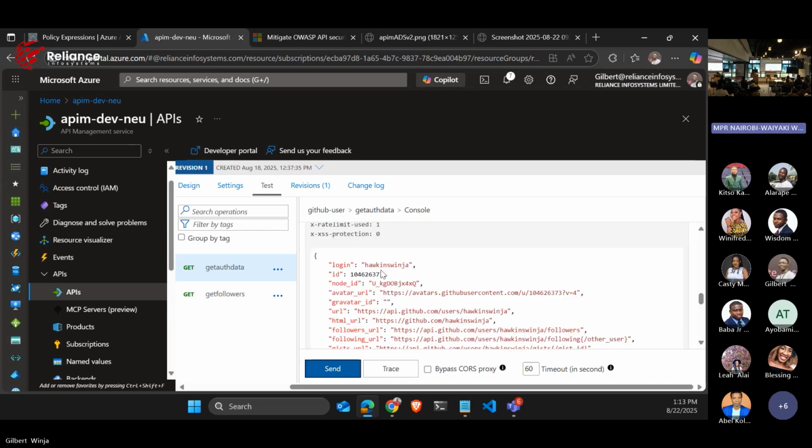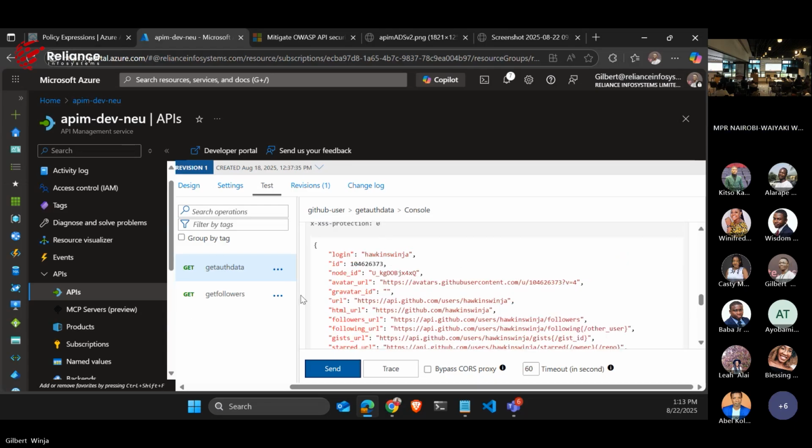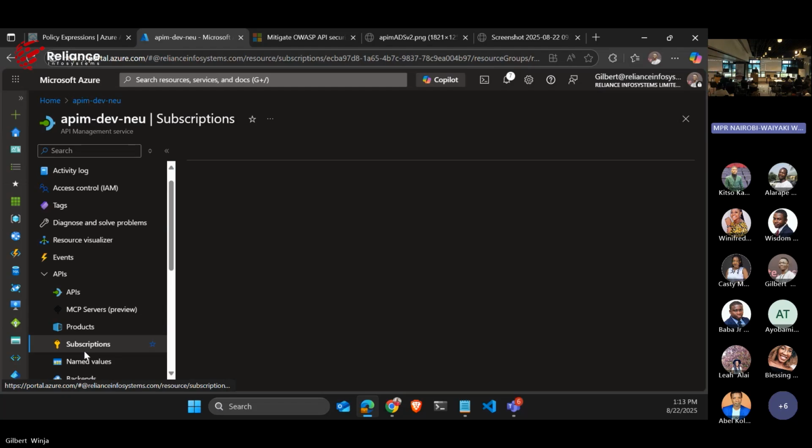So you're not passing any kind of headers with your actual request, you don't have to take care of getting the bearer token or access token. So APIM gets that for you. APIM now communicates with the identity provider, gets that, and then makes that request to your third-party provider. So that's on credential manager. Then lastly, we'll talk about